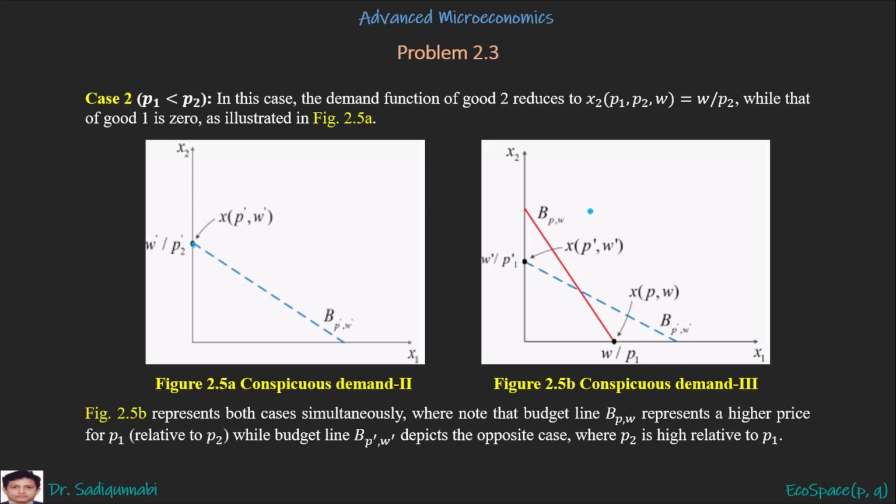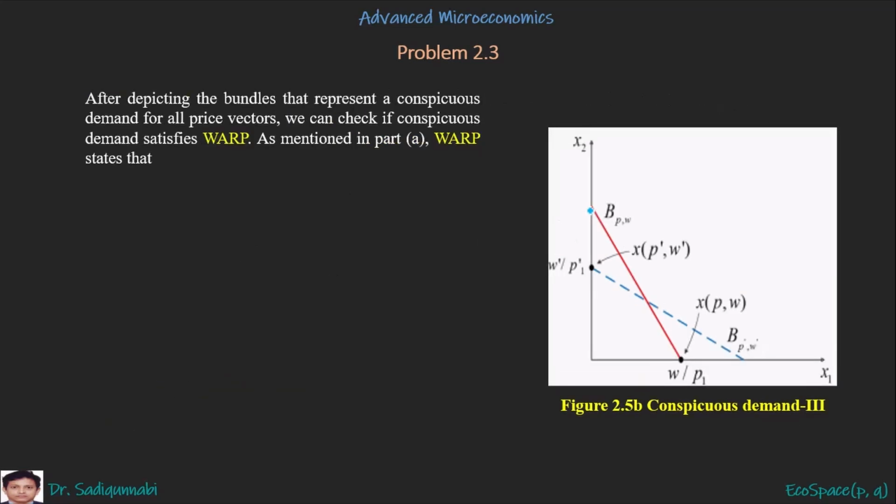So after depicting the bundles that represent a conspicuous demand for all price vectors, we can check if WARP is satisfied or not. So this is the definition of WARP we have mentioned in part A. So for that case,